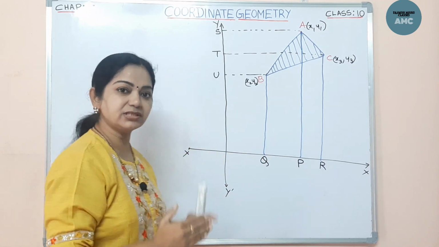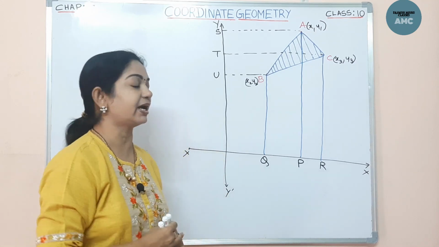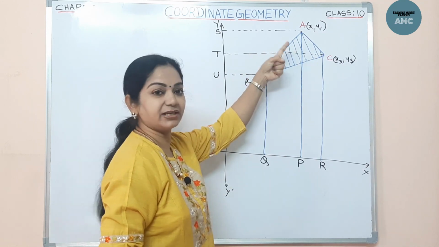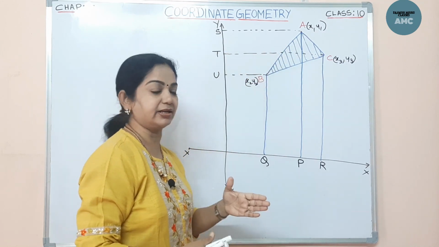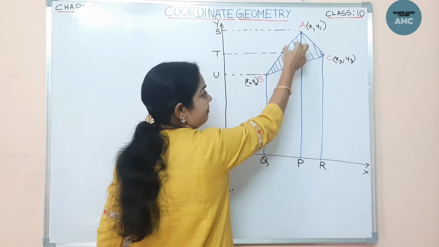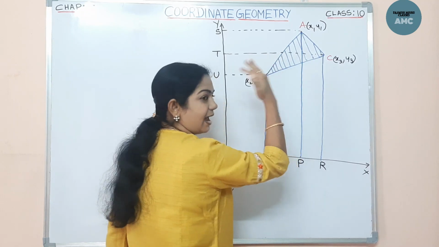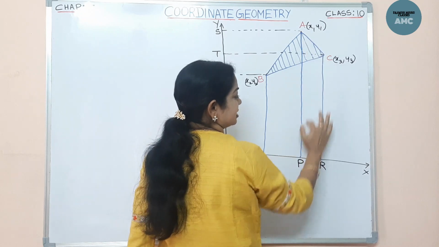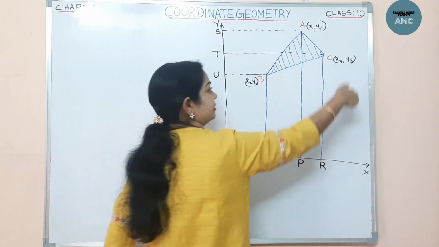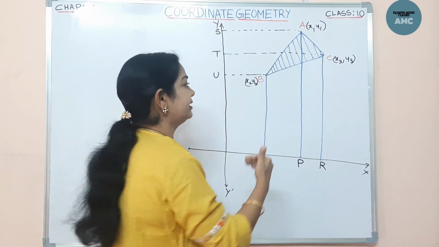Now, from the concept of trapezium, we will bring out the area of a triangle. In this whole diagram, I want the shaded part. The shaded part is the area of the triangle. To find that out, I will find the area of this complete trapezium ABQP. Then I will add it to the other trapezium. If you add both the trapeziums, you get the complete area.